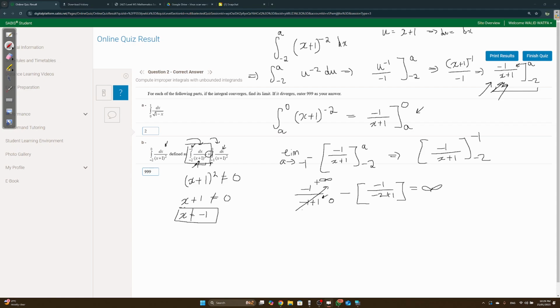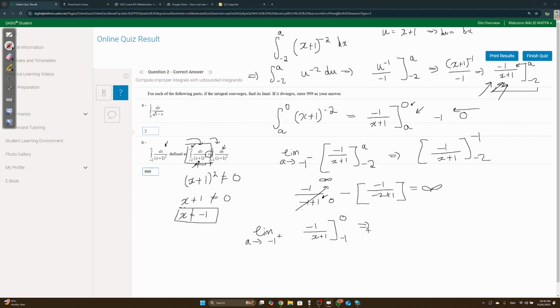-1 over x plus 1 dA. Let's do it. Same thing. We're going to do limit A approaches -1, but we're approaching it from 0. So you're at -1, you're going from 0, you're approaching it from the right side, so you're going to approach -1 plus this time. And you rewrite it -1 over x plus 1,